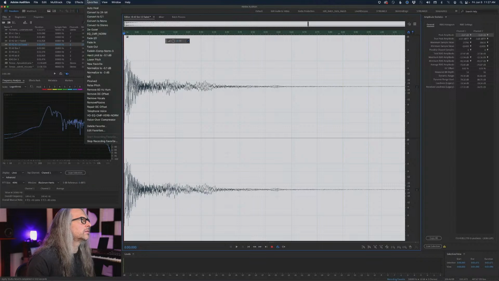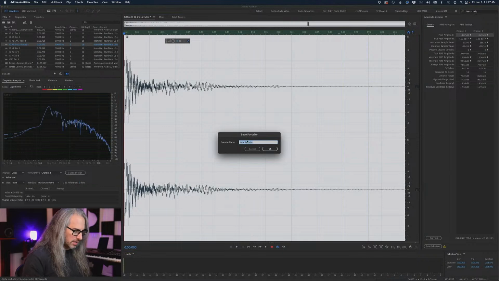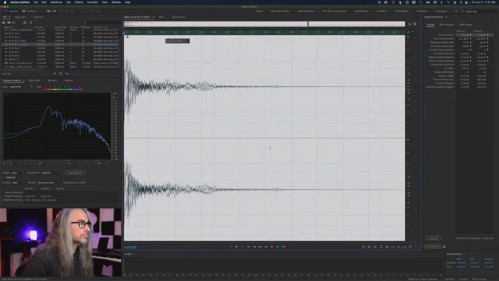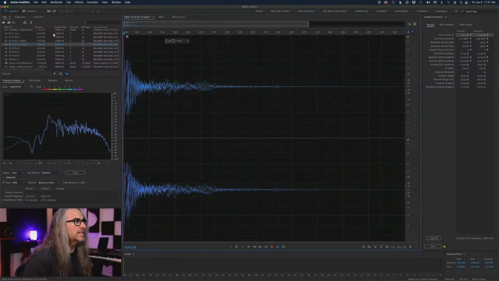And let's go ahead and stop recording the favorite. And we'll call this -3 dB DC removal hall verb. Okay, and if we play this back now,